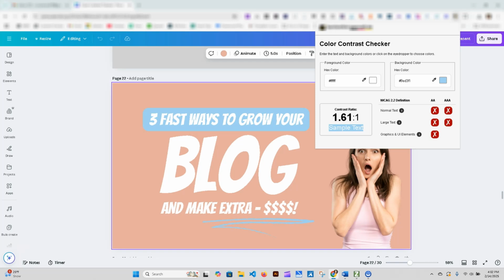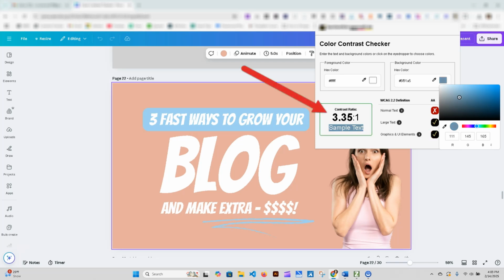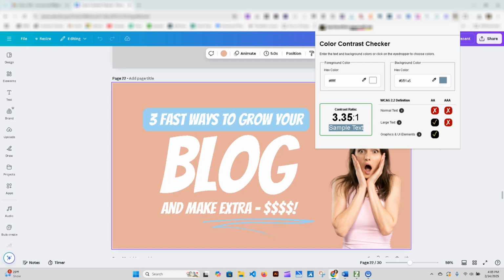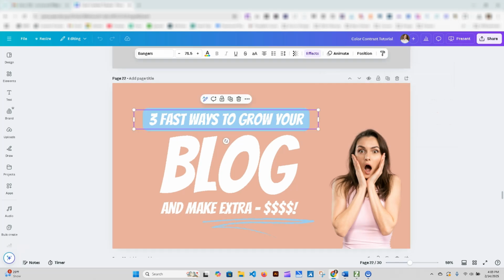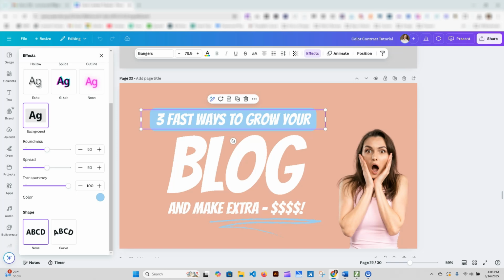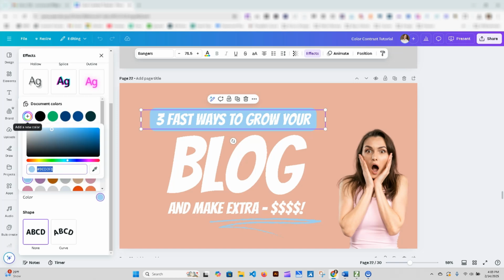So we're going to click here on the blue color. Our palette opens, and then we're just going to maybe slide down about here. We're at a 3.35:1, so this is a passing color. What I like to do from here is grab this hex code, and then we're going to go into Canva, get our blue color, and scroll down to our little color palette here to add, and then we just change the hex code here.